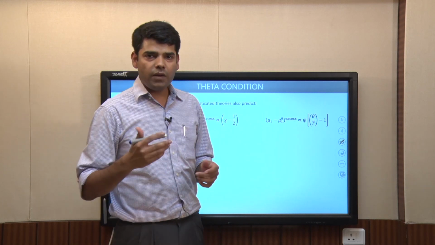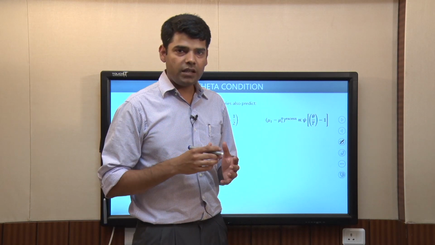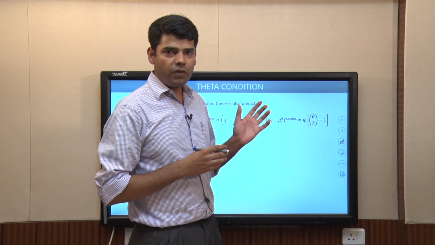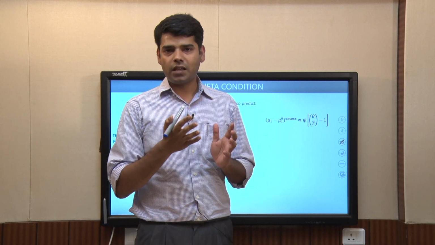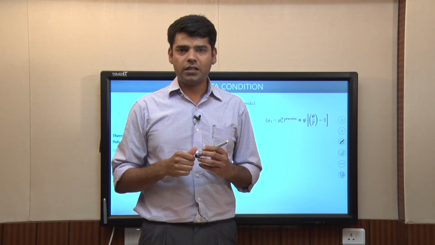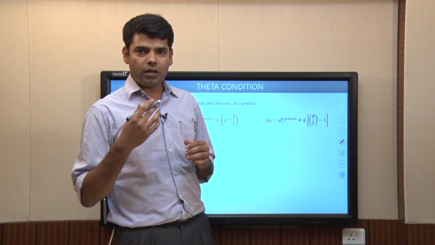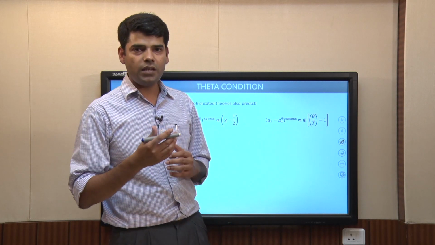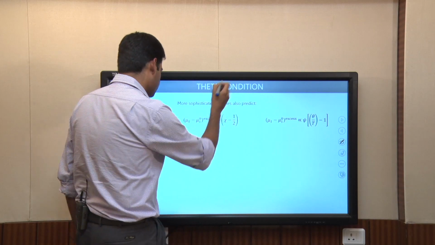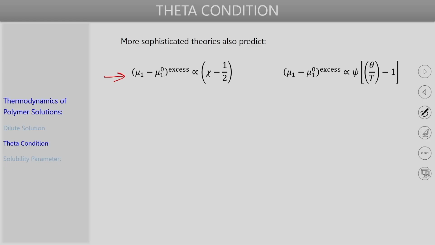polymer solutions. But even with that limitation, we have derived the expressions relating the excess chemical potential to the Flory-Huggins interaction parameter or the theta temperature. So, the qualitative form of those expressions are actually found to be consistent with similar expressions derived using more sophisticated theories such as those using excluded volume interactions explicitly, or those where the fact that the mean field approximation will not work in dilute solutions. So, theories which incorporate such effects as well.